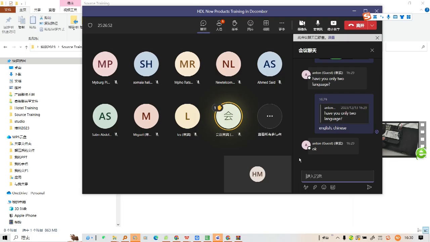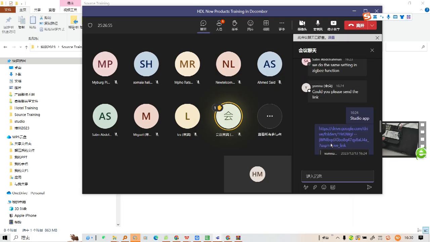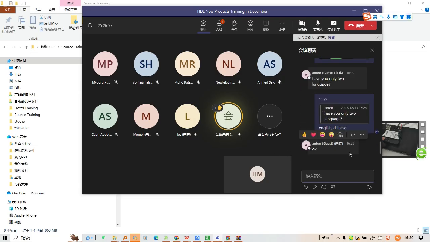This panel is easy, right? Just to use it as a